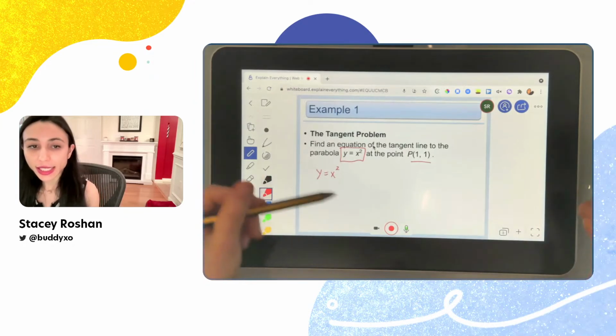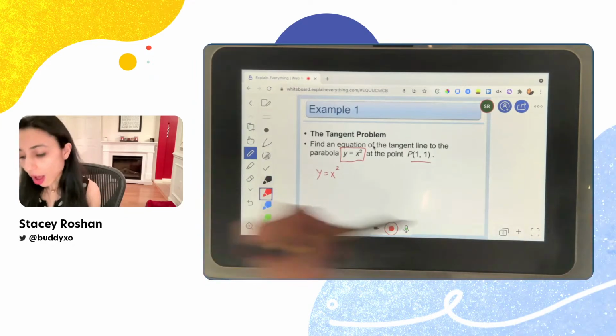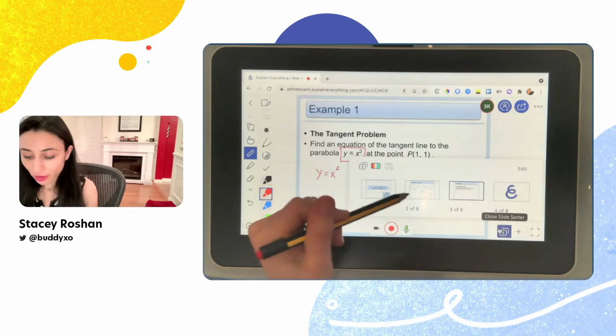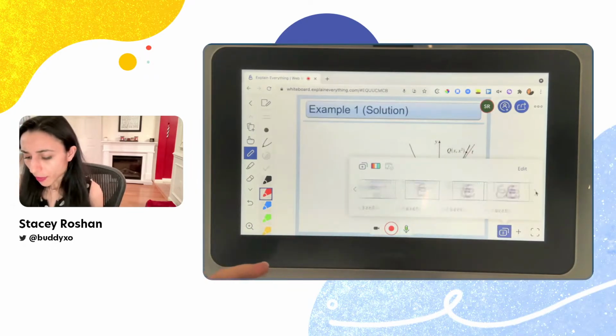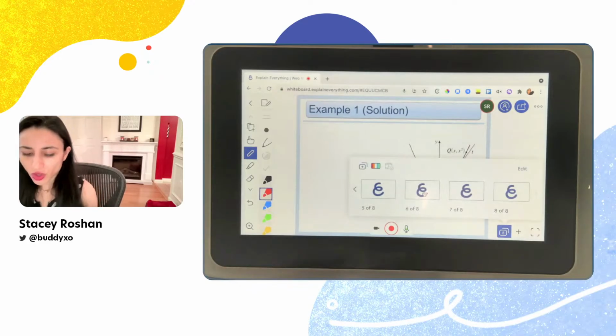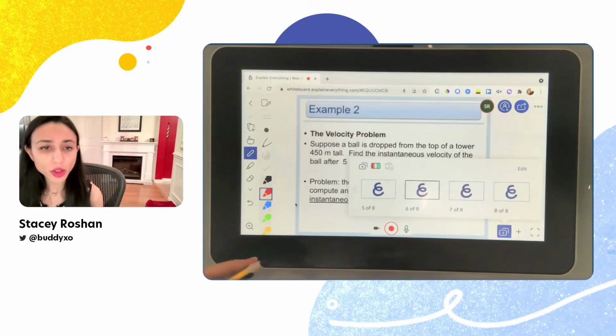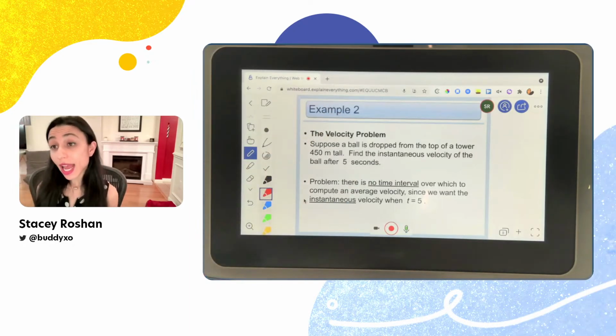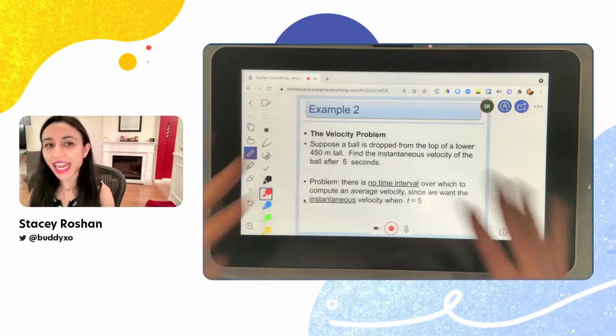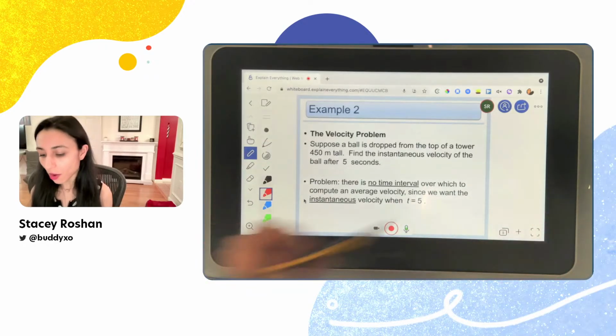So maybe I presented this example and it went well, but then to link from example 1 to example 2, students got really confused along the way. There was something that I was missing. And so for the next year, or maybe I have a next class period and they're on different paces and I have some time to go back, instead of having to edit this as a full-on video,